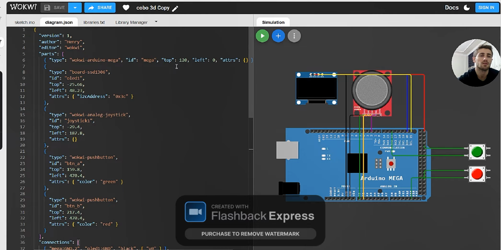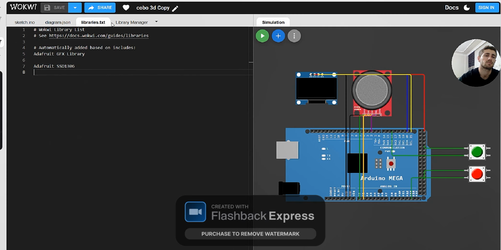And the libraries.txt. This file contains the external libraries required by the project. Whenever the project is opened in Wokwi, these libraries are automatically installed. The project uses two external libraries: Adafruit GFX library and Adafruit SSD1306.